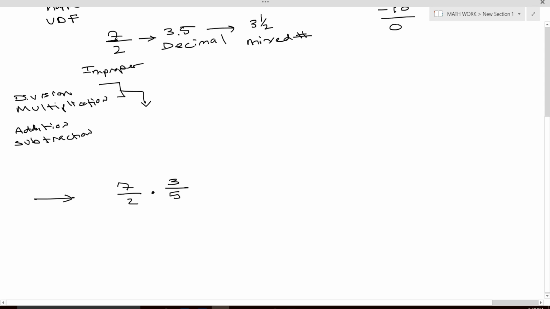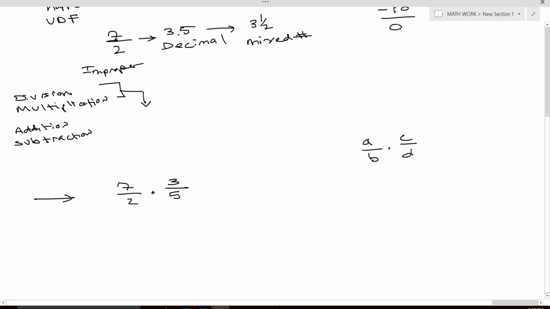Well, I think in previous videos I stated exactly what to do, and I'll rewrite the rule down here. These I'm going to use as variables. These are just arbitrary letters that I'm using just to represent numbers. Alright? So if we have A over B times C over D,